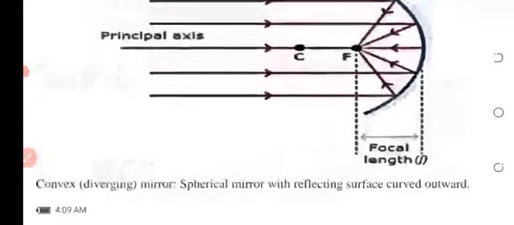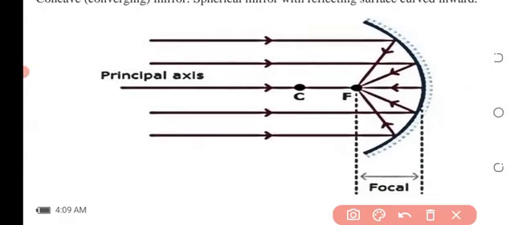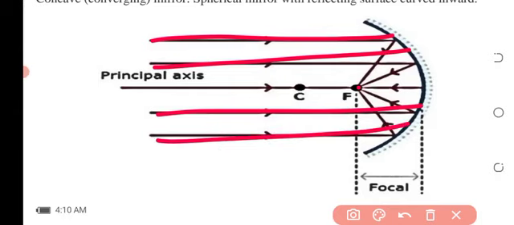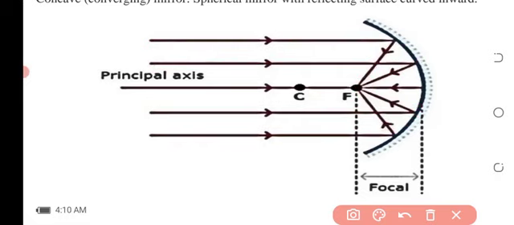Let's quickly look at this. If you look at the focus, it is represented with capital letter F. This is the focus. You can see all rays parallel to the principal axis, when they are reflected from the curved mirror, they converge at the focus. So that is what we call the focus, or you can call it the focal point. It is represented with capital letter F. And as you can see, the distance from the pole to the focus is the same as the distance from the focus to the center of curvature. That's why the focus is the midway or midpoint between the pole and the center of curvature,